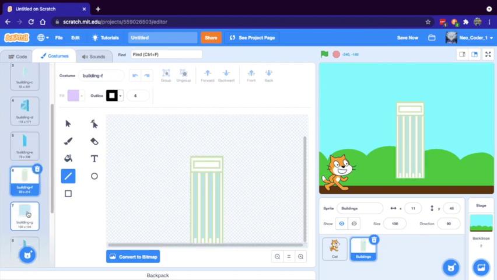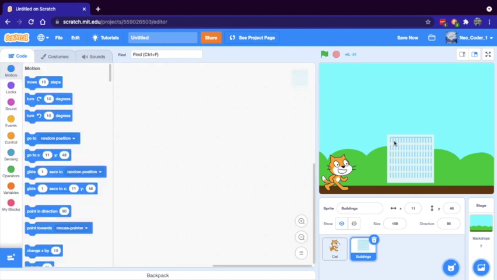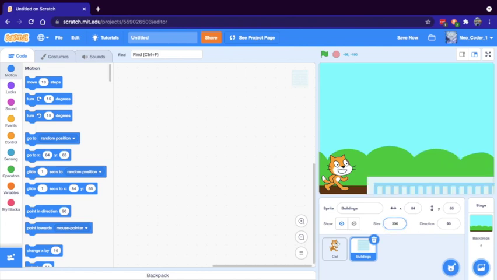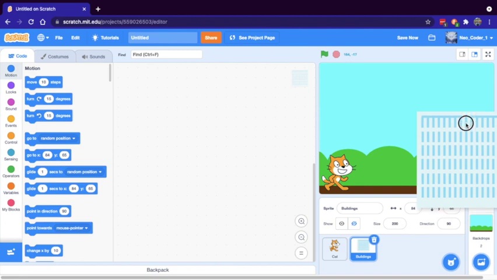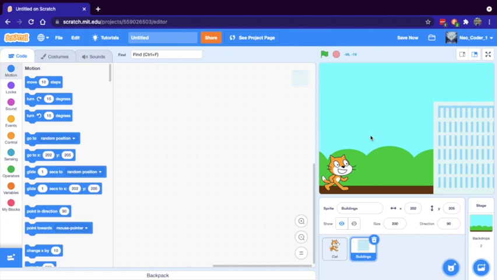You can choose yours. I'm choosing mine. Yeah, this one will be good. Or you can choose any. So as we have this sprite, what we have to do is make its size bigger. It's small, only the same size as the cat. So now we are going to set the size to 300. Oh, it's very big. So 200. Let's check. Yeah, we can put it like this. Okay. Or small. Yeah. So now we are going to code for this cat.